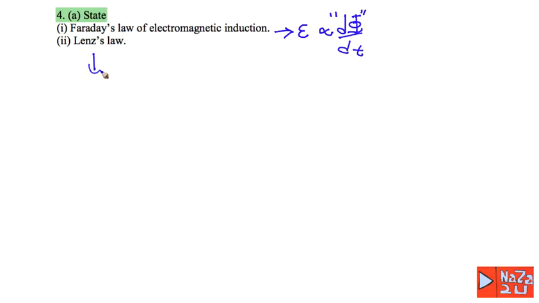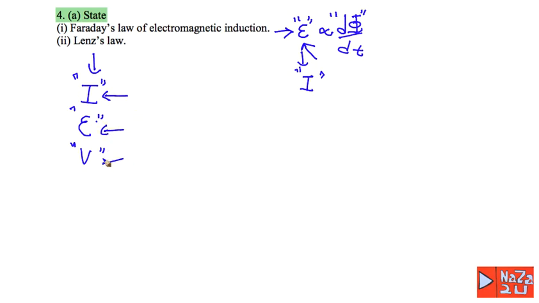And the second is Lenz's law. If you relate Lenz's law to Faraday's law, Faraday said you can induce EMF or voltage or current in the circuit, right? If you have a rate of change of flux, but the induced EMF or induced current I is always opposed to the current that produced it. Meaning you have